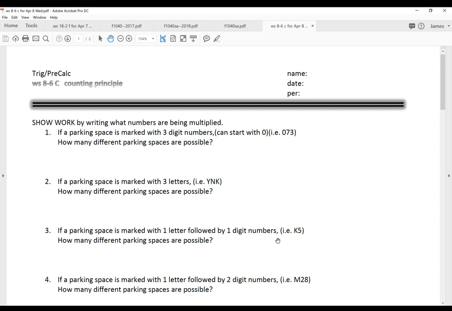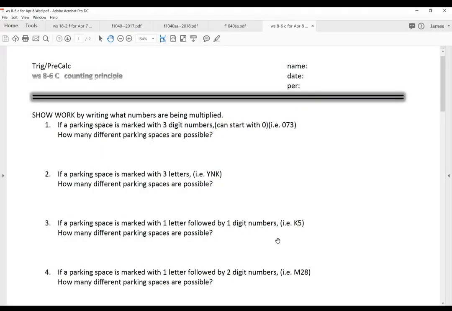Okay, so this is for worksheet 8.6c for Wednesday, April 8th. So maybe this one requires a little bit of explanation. I'm sure the other ones are too easy, so I don't want to insult you by trying to explain stuff. But this one, if you look at number one,